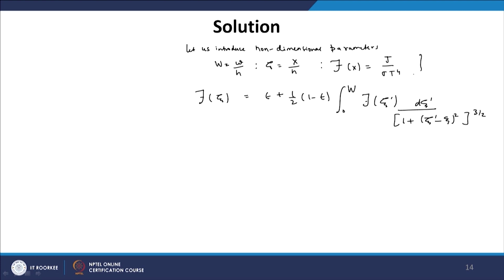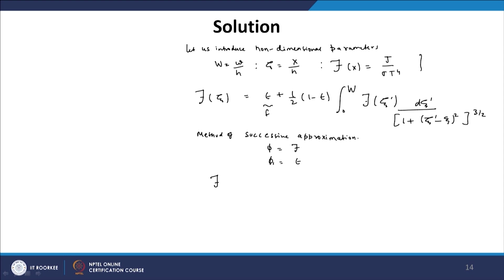Okay. Now, how do we solve it? So, we will use the method of successive approximation, where we have to make a guess. In this case phi is basically this function, and the first guess for phi 1 will be equal to epsilon, okay. So, the first guess we make is that phi 1 is equal to epsilon.